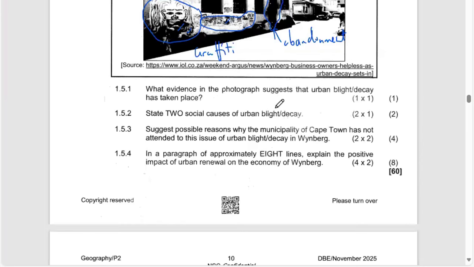Right. Then it says state two social causes of urban blight or decay. We want to look at social causes. That is number 1.5.2. Remember, our question is specific. We want to address social causes. We are looking at aspects that lead to urban decay that has to do with the society or the way of life of people. What could have contributed to the area experiencing a problem of decay, which is attributed to social aspects? So when you're looking at this one here, we can look at aspects like inadequate